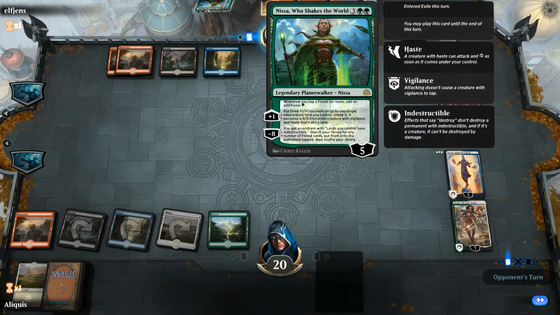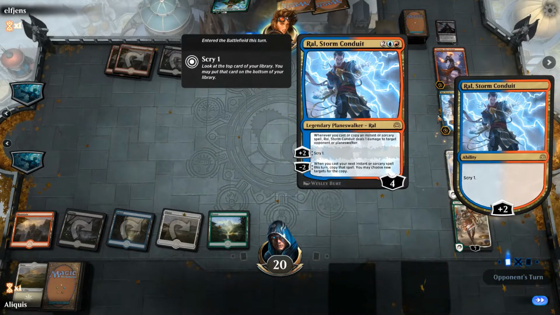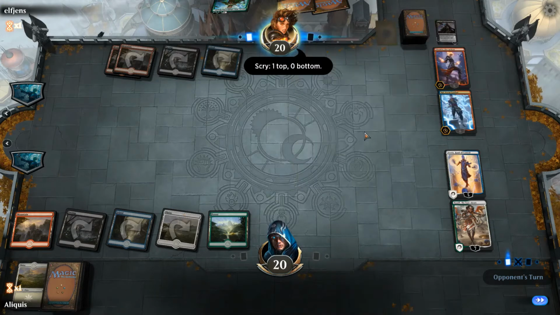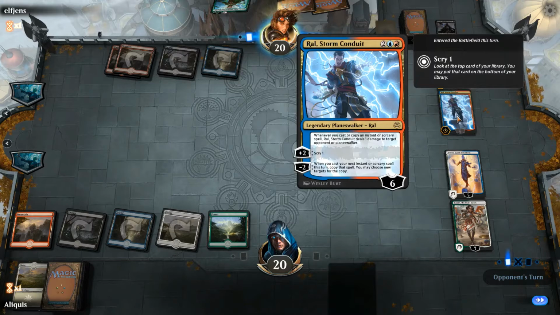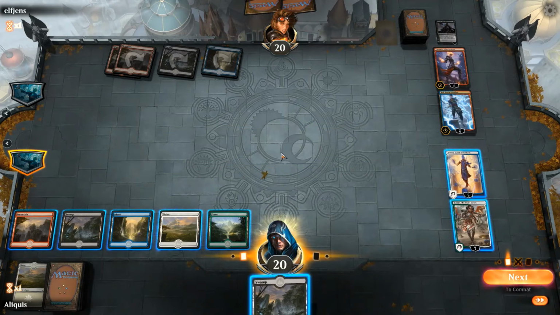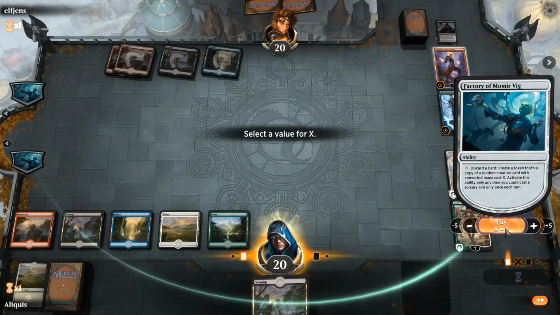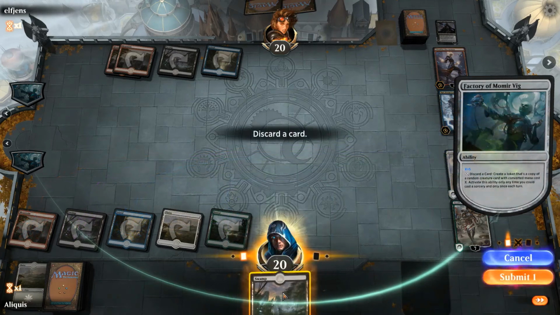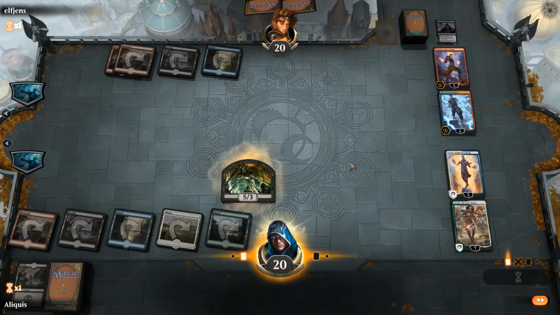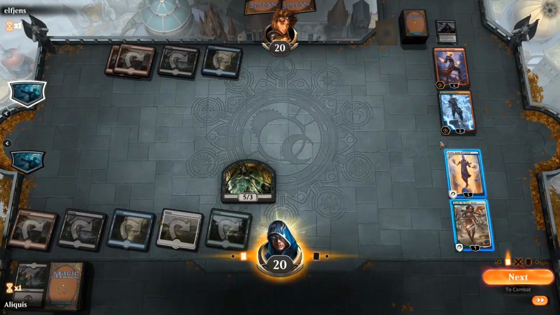Nissa is really good in this format. Ooh, Rao. Rao, the scry is nice, but experiments are mostly successful. There are no instants or sorceries, so that's all it is. It's just a free scry every turn. Which, granted, is still great, but not the best. So let's go ahead and go for a 5-drop here. Not the best 5-drop, but it's a beater, so...